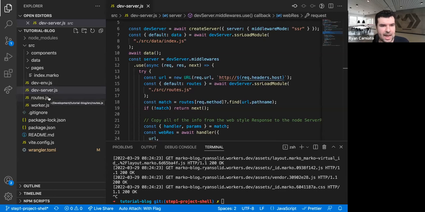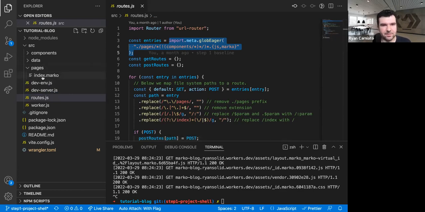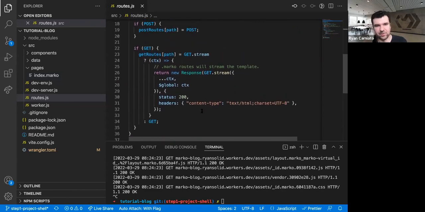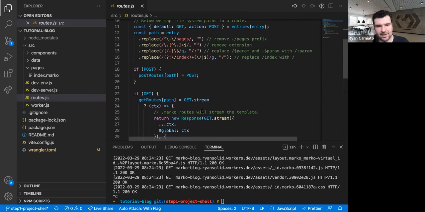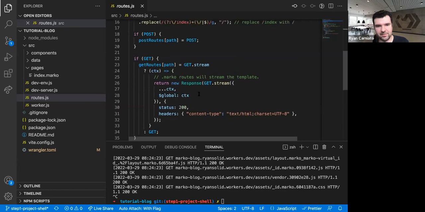For us, our app really begins at this router that I mentioned, which is great because Vite has this ability called glob import, where you can essentially describe a pattern. And in our case, this lets us use this pages folder as a file-based router. So we can basically stick any .marko files in this pages folder, and it's going to treat it almost like a static HTML page, and it gets handled automatically. Again, we're not doing a ton of work here. Just know that this router is basically matching on a pattern and returning our HTML content,